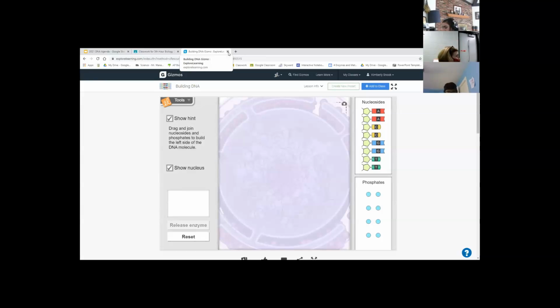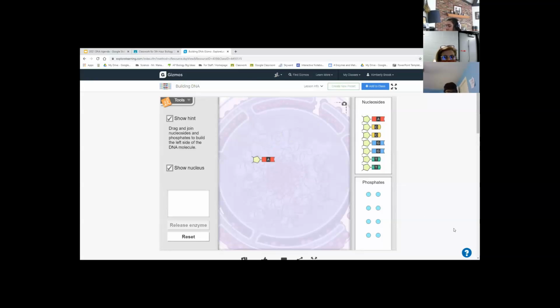And that's why we're going to do this model. We're going to be making a model next week because they take a while, so it'll be a good use of an 85-minute class. This is going to give us an idea of what we need to do when we make a physical model. So in this Gizmo that you're going to do, you have a worksheet that goes along with it,